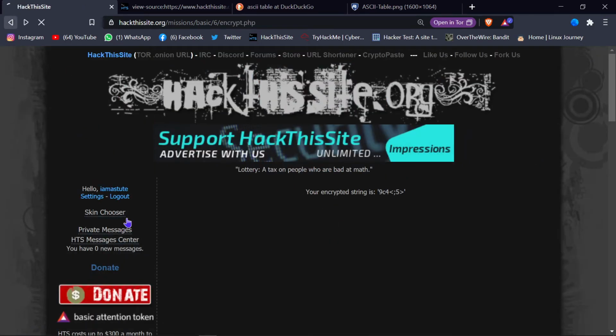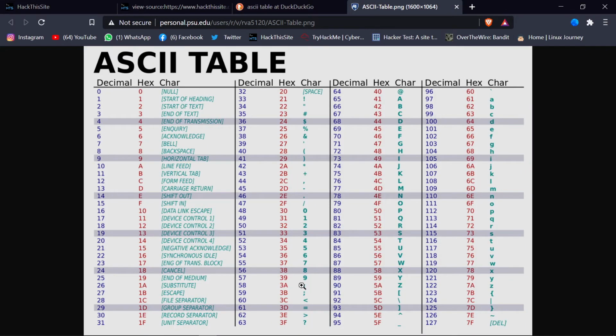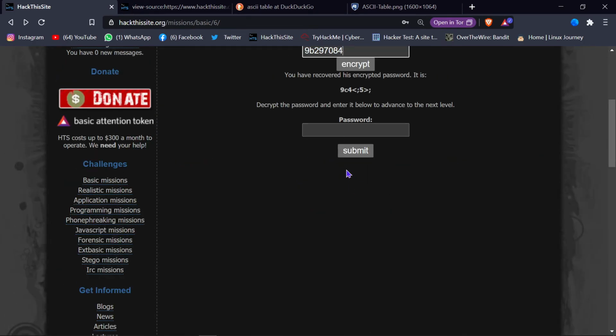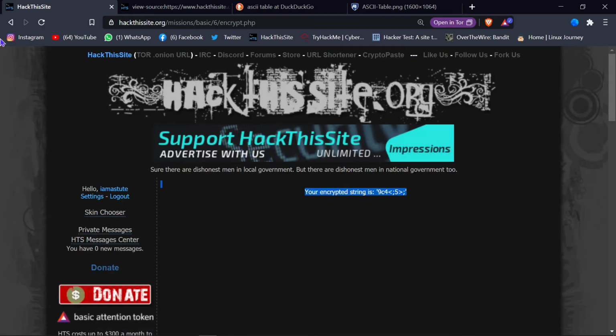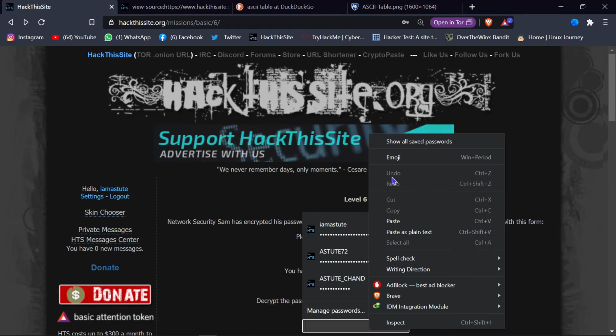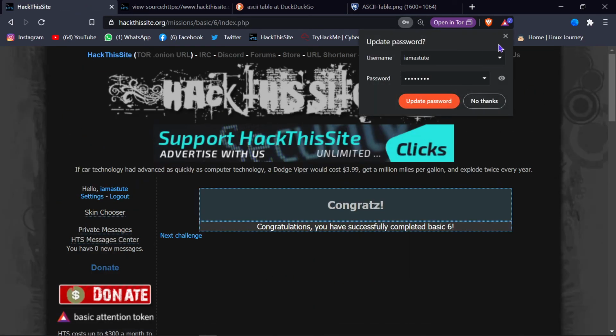Okay. Now subtract by 7. Semicolon minus 7. So semicolon is this: 1 2 3 4 5 6 7. It's 4. So 4. Encrypt. Here is the password. So the password is this one. Let me copy this and paste it over here. Submit. Congratulations. So I guess I should stop here.